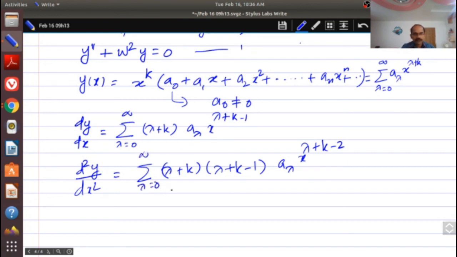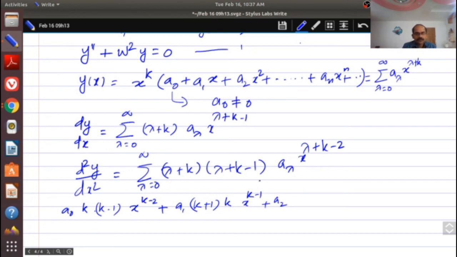The first term, lambda equal to 0, will be a0 k into k minus 1 x raised to k minus 2, plus the second term a1, where lambda is 1, k plus 1 into k plus 1 minus 1, so it is k plus 1 into k, x raised to k minus 1,